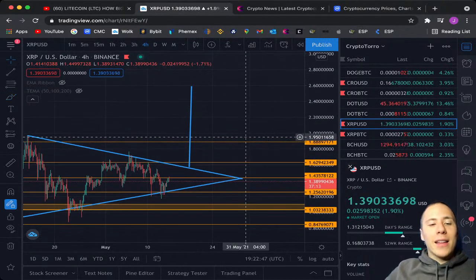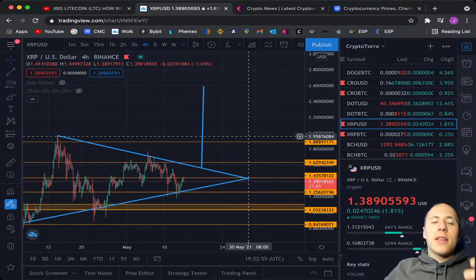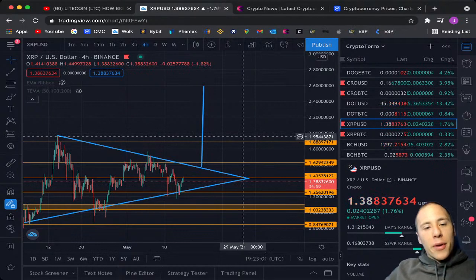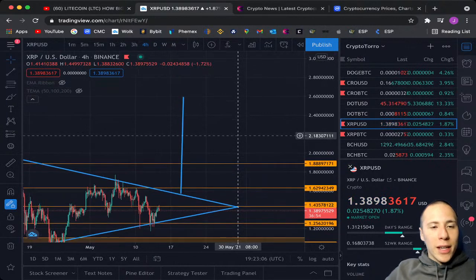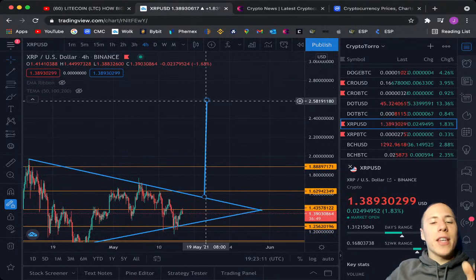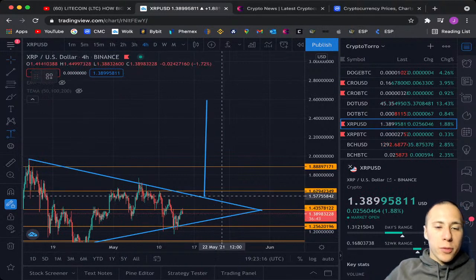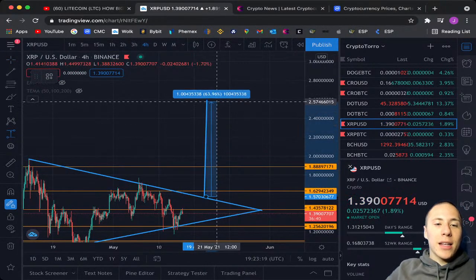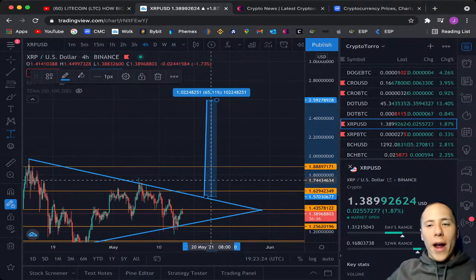pattern, and that means that the move will be more likely to happen as predicted on this pattern. And yes, what we are seeing right here is an insane move towards approximately $2.58, and I will measure it as well for the people who would like to know how much percentage this is. It is a move of approximately 65%, and I am just really waiting for it to happen.